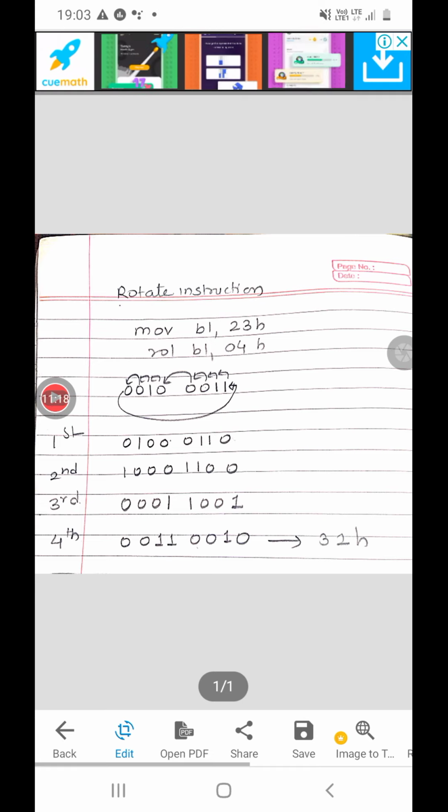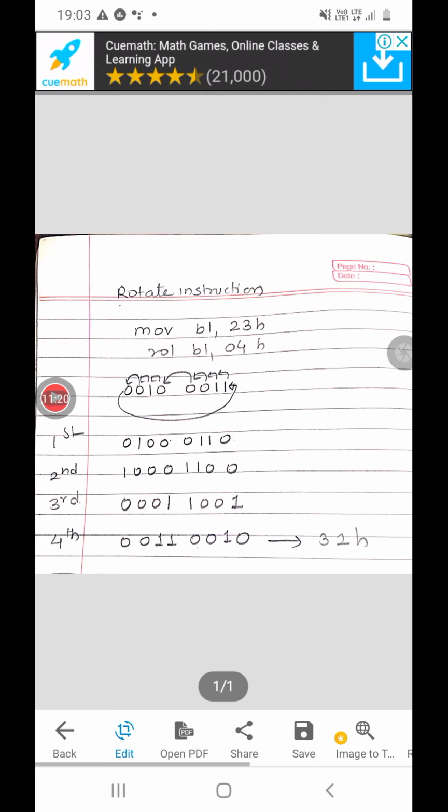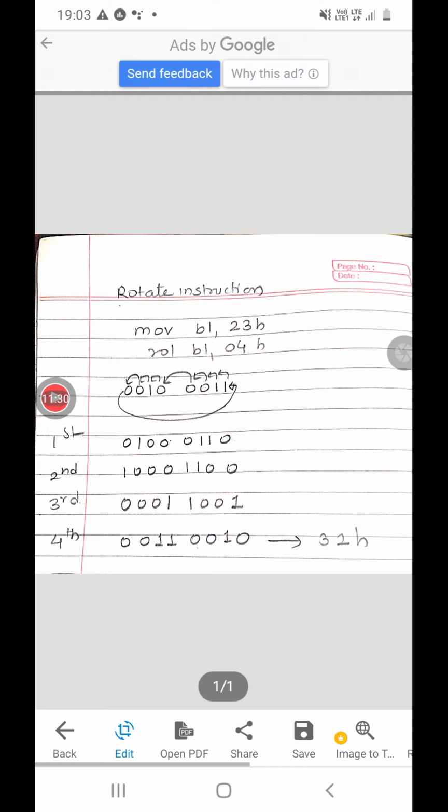Once I separate the 2, I will convert it into its ASCII, so it becomes 32H. Then I will separate 3 and convert it into its ASCII, so it becomes 33H. So I will store the ASCII equivalent of 2 and of 3 in one array, and that array I will display. That will print 23 on the screen. So first I have to separate the 2. How can I separate it?